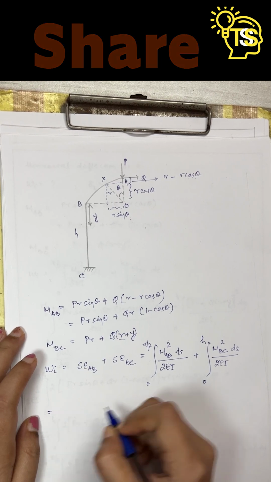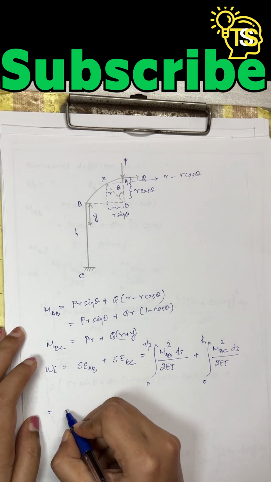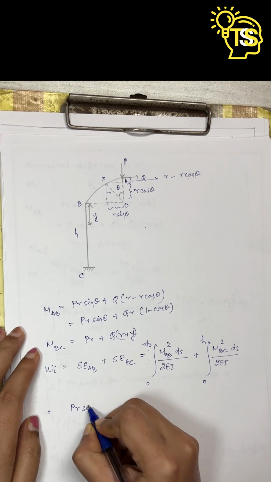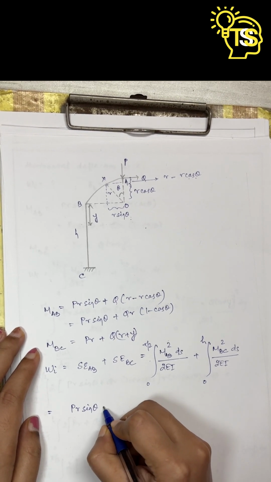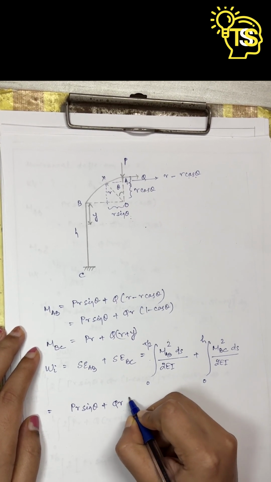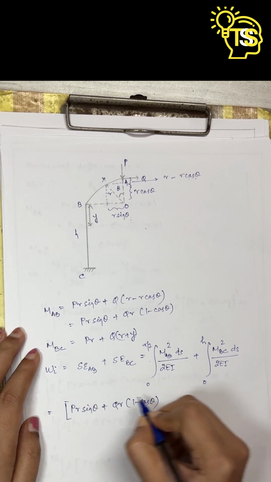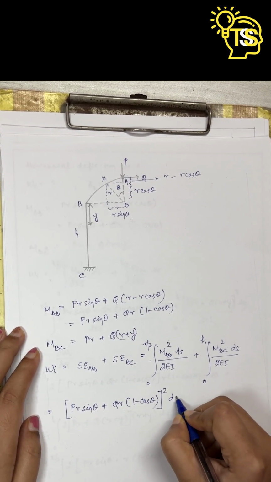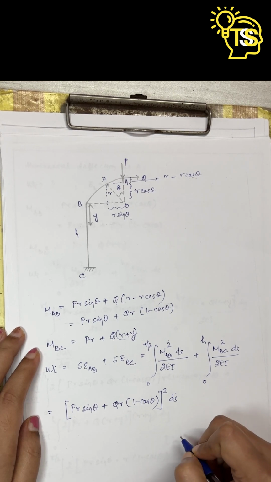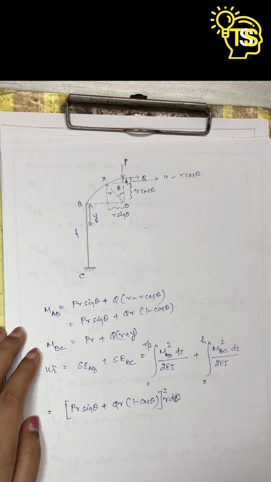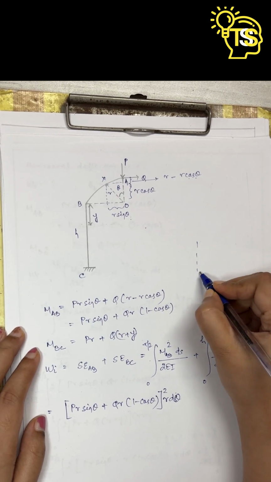Now let's put the value of moment. For moment AB, the value will be (PR sin theta plus QR (1 minus cos theta)) whole squared ds. In place of ds, we will write r into d theta,